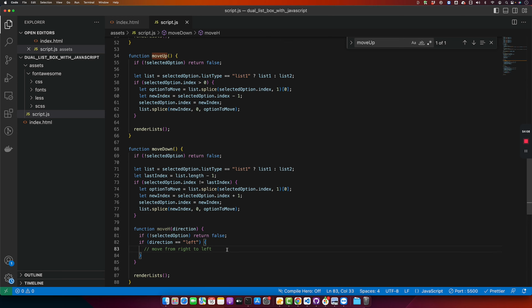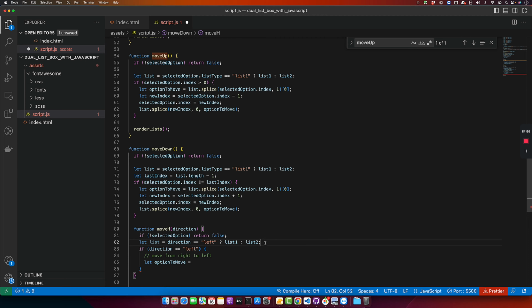Okay, so if direction is left, then I would use the let option to move is equal to, and we also have to select the list. So here I will use if direction is left, then we want to move it from,